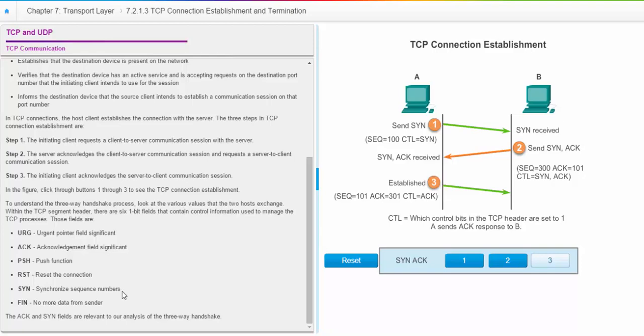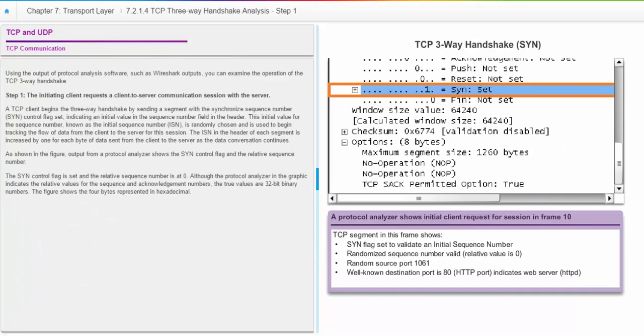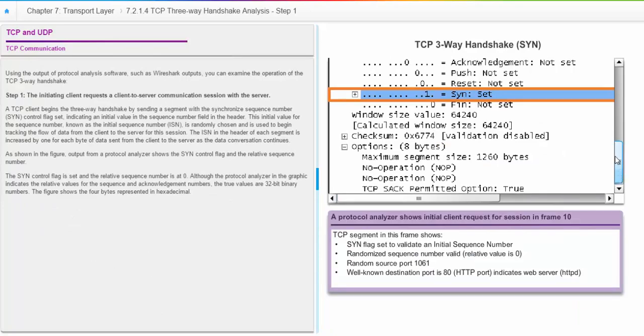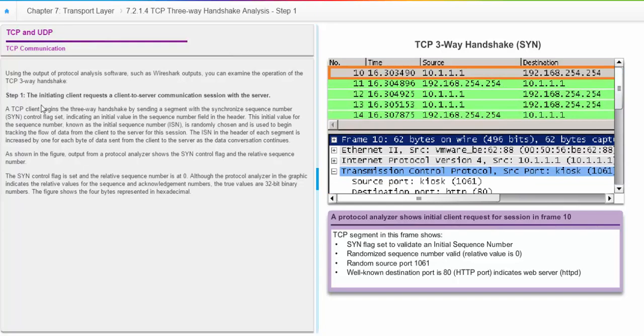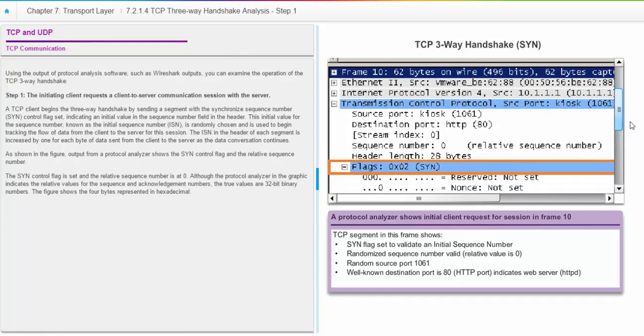Once the communication is finished, it will send a FIN, which means that there's no more data from the sender to be sent. As I was mentioning Wireshark, here is a good example of what Wireshark is going to display for you. Here, the initiating client requests a communication session with the server. Okay, here's our source, here's our destination. As we scroll down through here,